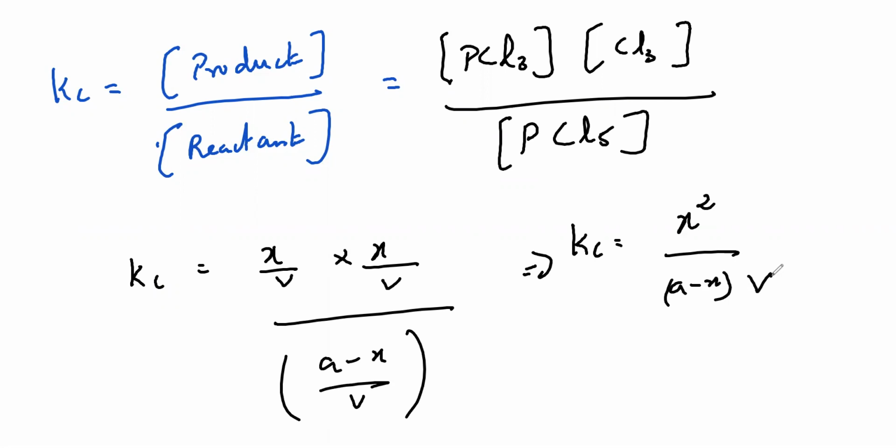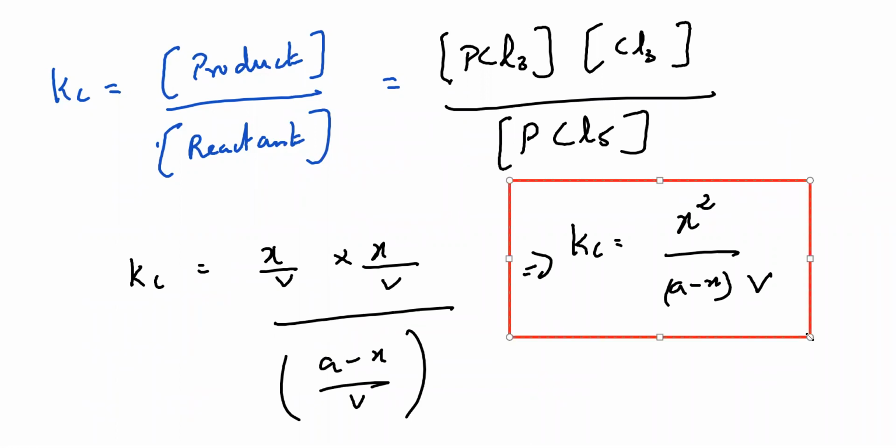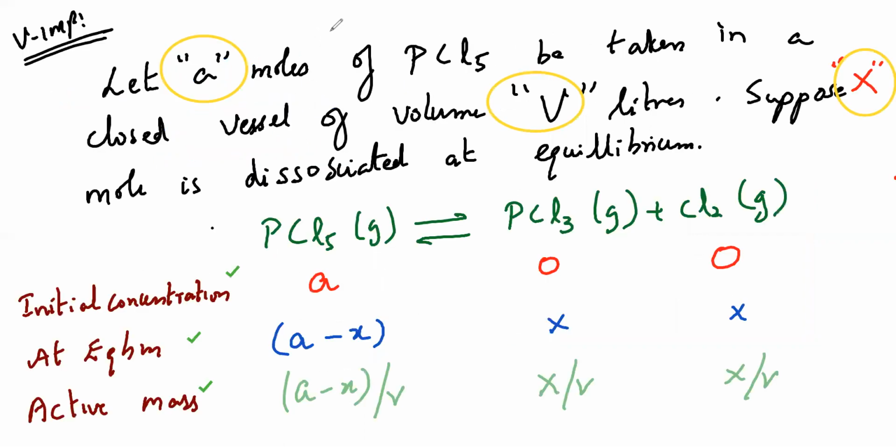So this we have to put in our formula box. Only this one will come for the exam, either this or whatever I'm underlining now. This one, this one, this one. But we have to know which one, even the A, everything we have to know. Okay, initial concentration, everything we have to know. Now coming to the most important part in this, Le Chatelier's principle.